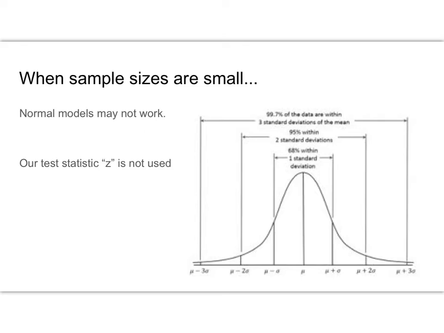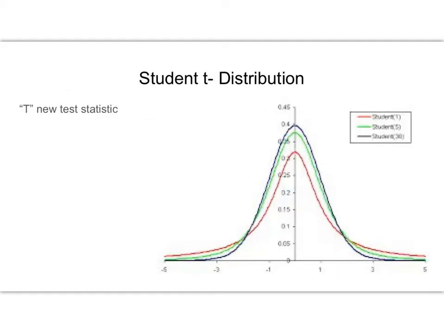So it's funny, Guinness wouldn't let him publish his results under his name because they didn't want other companies to steal their secrets, and so he had to publish it under a pseudonym, and he called the distribution, instead of the normal distribution, the student t distribution. So, student t distribution